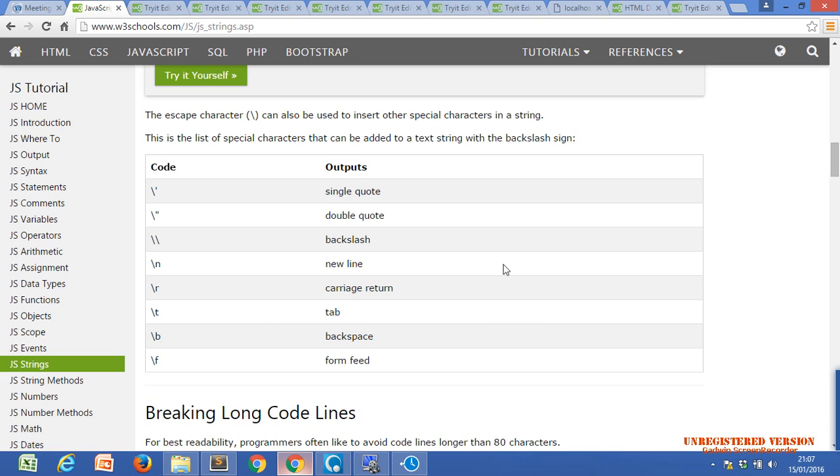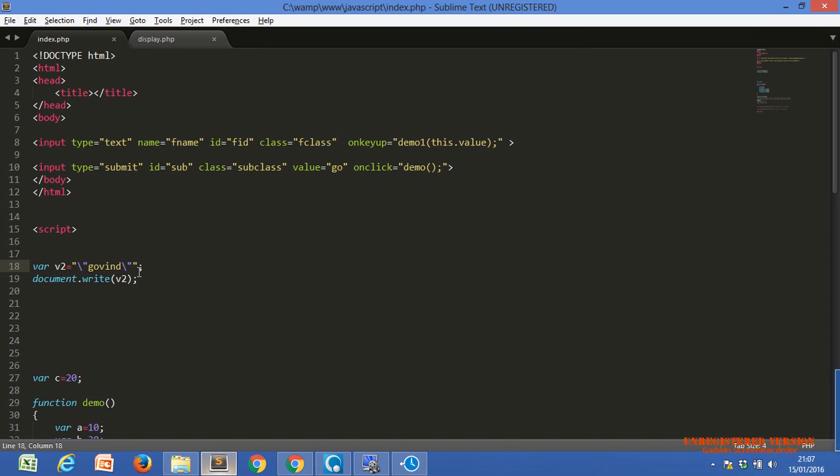I don't know about the carriage return, I will check and tell you. Let's see the new line now. I want to print my last name on the new line, so I have to use \n and my last name without the double quotes. Okay, let's see in the browser.